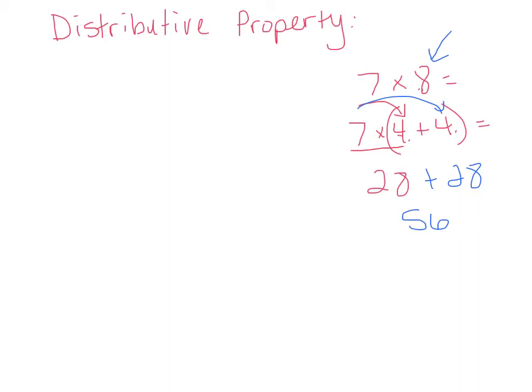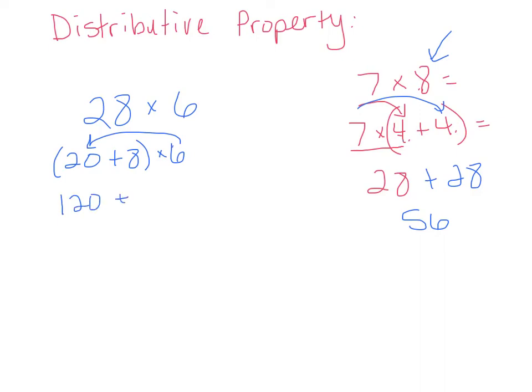I also used the distributive property one time to impress my brother. We were doing multiplication problems with his son, my nephew, and finally my brother decided he would test me and see if I could do larger multiplication. So he started throwing bigger numbers at me, like 28 times 6. We were doing it in our head, so he didn't think I could do it really quickly. So really quickly in my head, what I did was I said, well, 28's the same as 20 plus 8. And I knew that 6 times 20 was